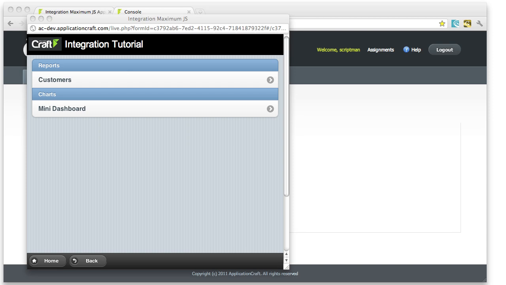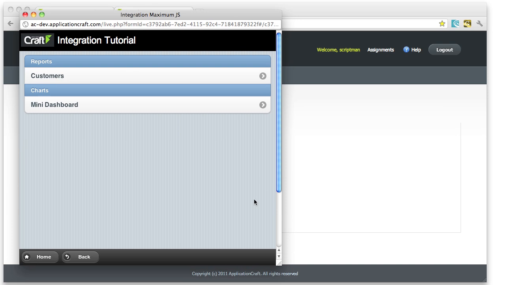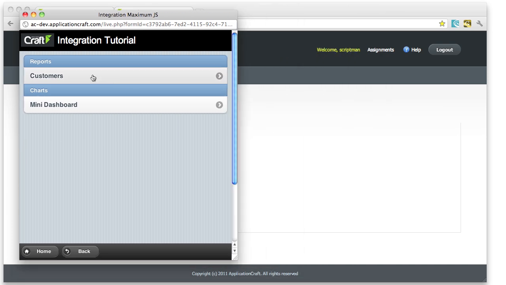Application Craft's integration features allow you to pull data directly from a database query, so that could be MySQL, SQL Server, Oracle, Postgres and so on, and pull that data directly into Application Craft widgets. You can do that either via just dialogues without having to write any JavaScript, or you can have full control by using JavaScript. So if we take a look at this little app here that's running in live mode, this